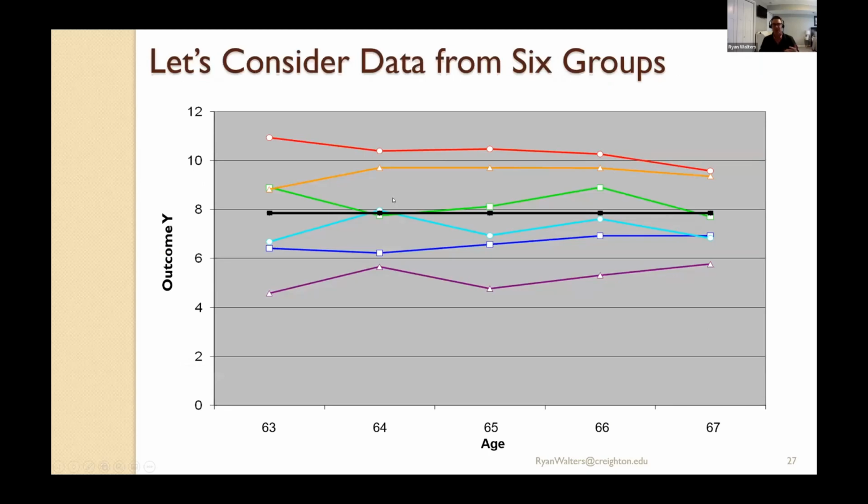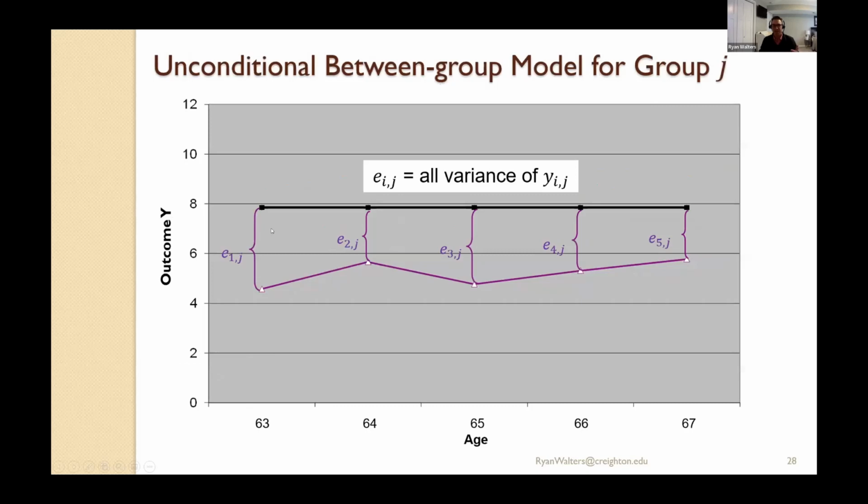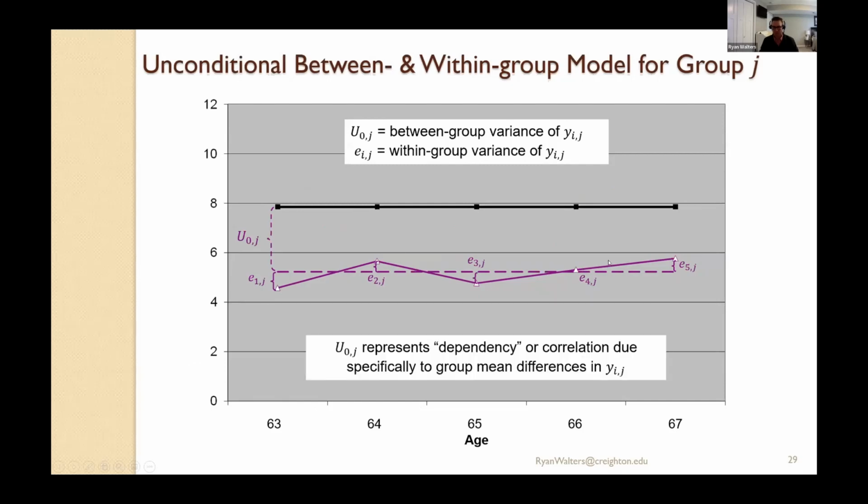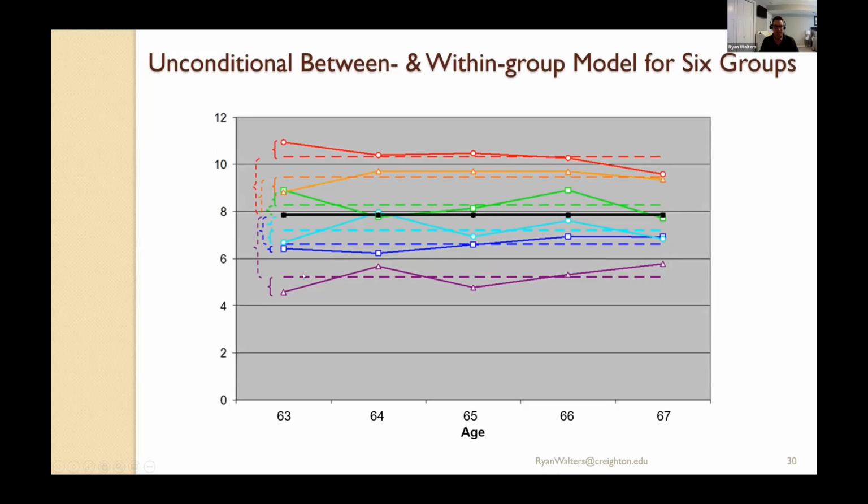If we take a look at data from 6 groups here, if we didn't want to account for the individual within a given group, the residual values again would represent the deviation of each observation within that group from what's fixed on average. Once we add in group level information, we get the group mean, we get a deviation from average. That's representing our between group effect, in this case, our random intercept, and then our residual values, again, are the deviations of observations from their own group's mean. Okay. We can do that for every single group.